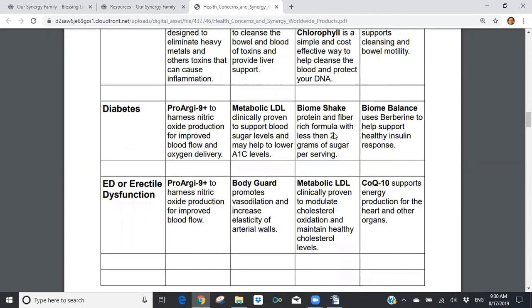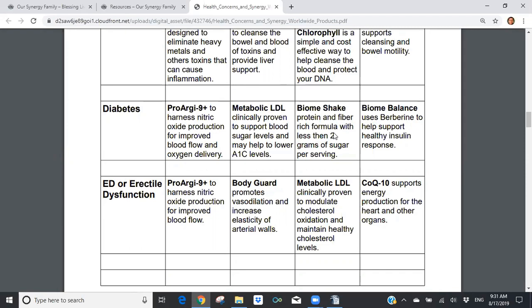ED, or erectile dysfunction, in men is all about nitric oxide. If you don't have nitric oxide, you can't have the erection. There can be some other underlying causes in ED, but for the vast majority of men, it has to do with poor nitric oxide levels in their bloodstream. Anything that you can do to improve that is going to improve erectile dysfunction. Progenate Plus would always be the first choice in doing that. Bodyguard helps promote vasodilation, because erection is all about vasodilation. And then Metabolic LDL,